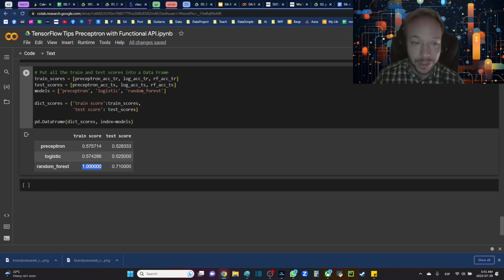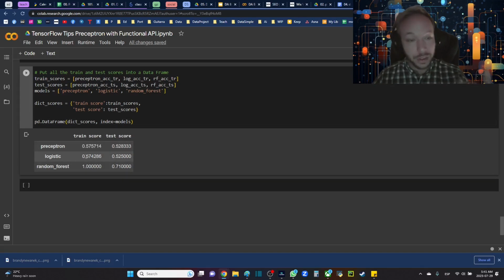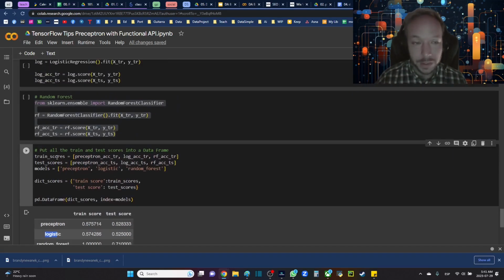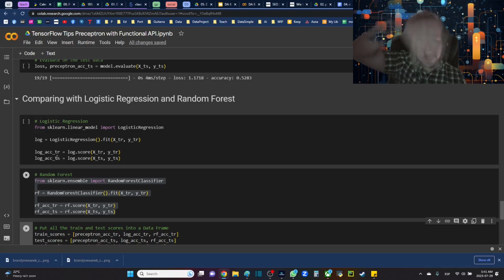We notice some overfitting here, kind of apparent in logistic and the perceptron as well, so that's something to work on. But you can see here, just by default, the perceptron did very similar to the logistic regression. That actually is because they're very similar. You don't really realize that what the logistic regression is doing in sklearn is actually one-hot encoding all of the targets, so it's actually going to be 5 columns it's predicting, and the highest one of those is going to be your actual final classification for logistic,